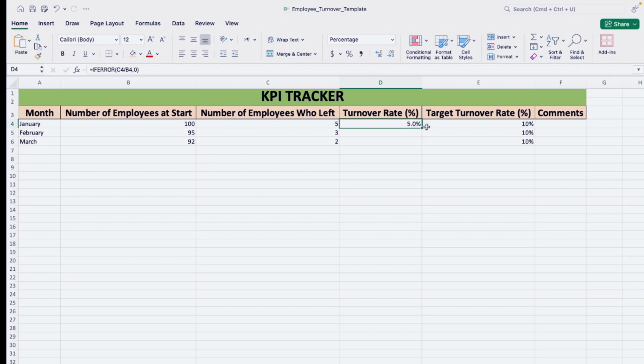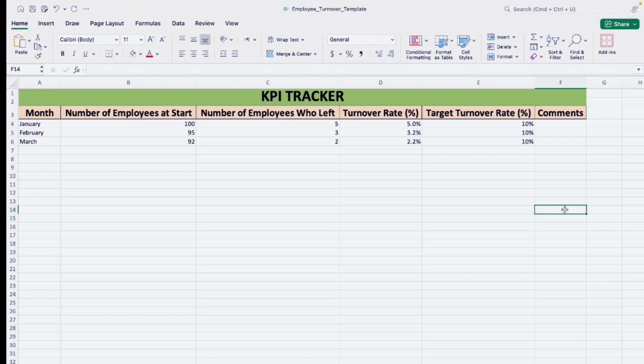And then if you scroll down the formula, it shows us that in January 5% of employees left, in February 3.2%, and in March 2.2% of employees left. So this is how we find out the percentage of employees who left, or the turnover rate, based on each month.